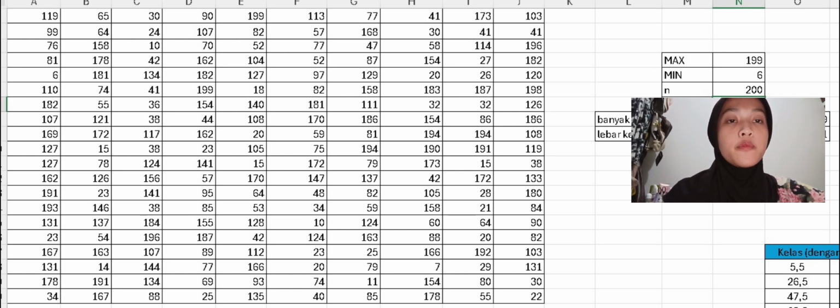The total result of x multiplied by frequency is